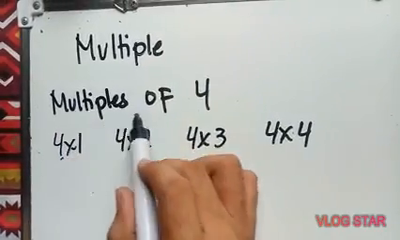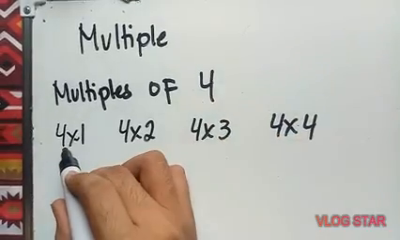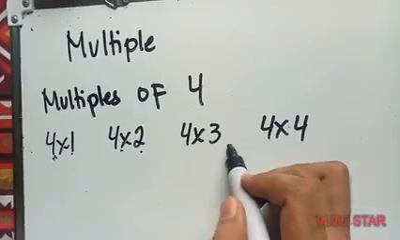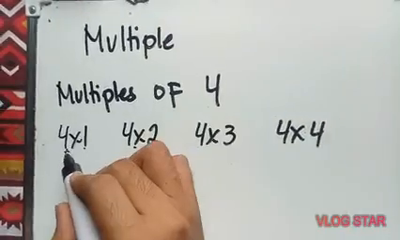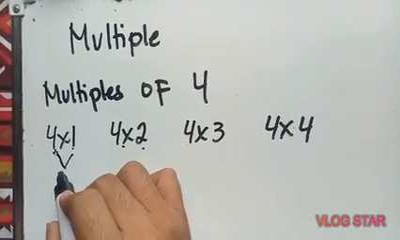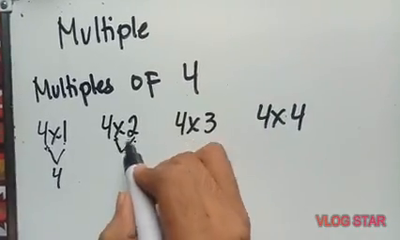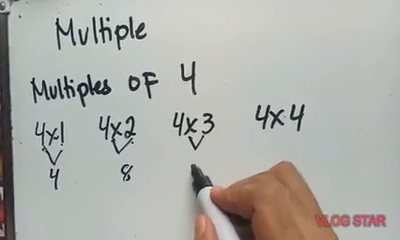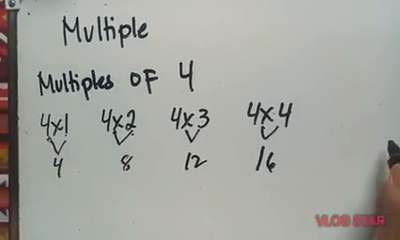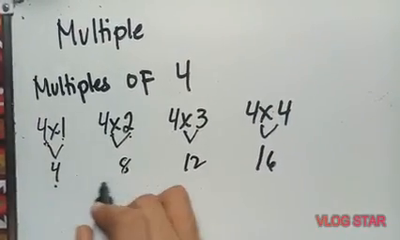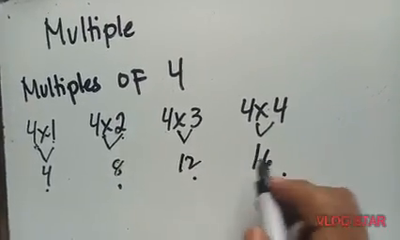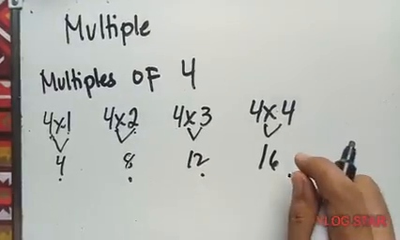So when we get the multiples of 4, so 4 times 1, 4 times 2, 4 times 3, 4 times 4. So if we multiply or get the product of these expressions, 4, 8, 12, 16. So these are the multiples of 4. 4, 8, 12, 16. And one thing more, to